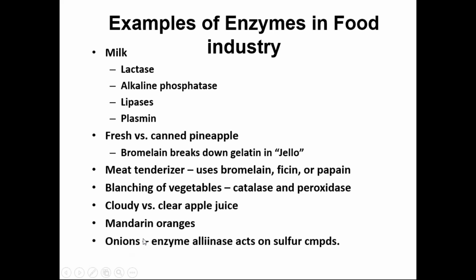When you cut onions, you see that your eyes burn. Why is it your eyes burn? That is because we have the alliinase enzyme, which is in one compartment, and the substrates, which are sulfur containing substrates, in another compartment. When you cut the onion, these two come in contact, and you have these very pungent sulfur compounds which are released, which are lacrimatory. That means they produce tears. So alliinase causes the tears.